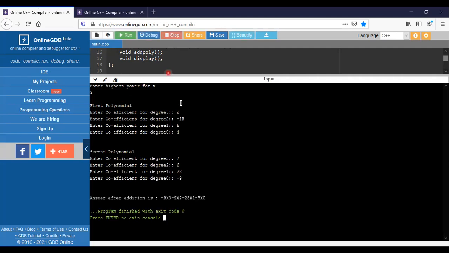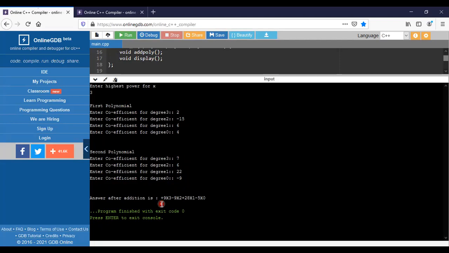So see here, as I said, we can take the polynomial coefficients that we are representing as signed or unsigned. There is no restriction that we need to use only signed variables. Whenever we are using unsigned variables, it is performing the action, that is addition, and assigning the value. Here corresponding values will be added. The degree 3 value here is 2, and here the degree 3 value is 7. So that's why 9 is specified.